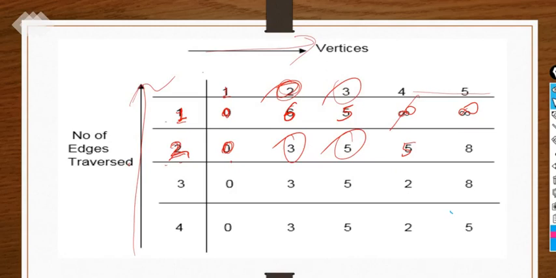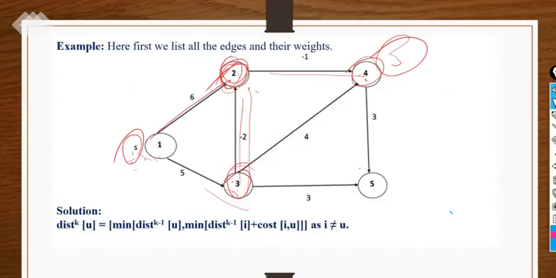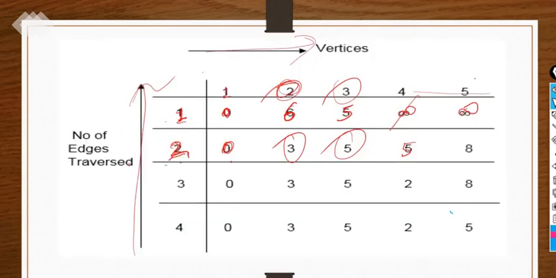Again we have to check it for the 5. Again we are checking from the source node to 5 via 2. Is there any direct path over here? So yes, we can approach it because we now have the path for 4. So 1 to 2, second node, 6 is there, 6 to minus 1, 5 is there, 5 plus 3 is 8. Yes, we can reach it. So replace this infinity with the value 8.